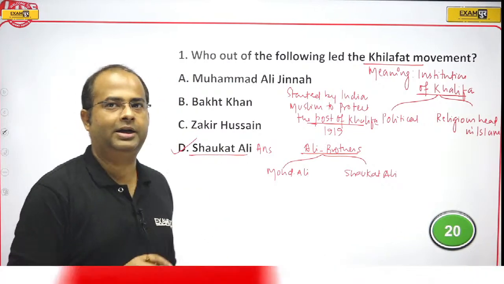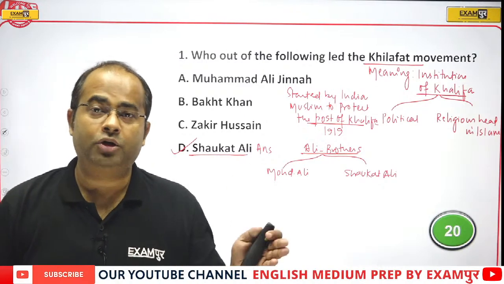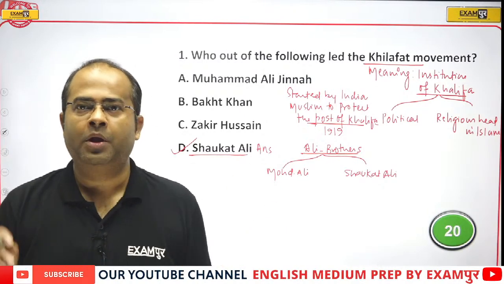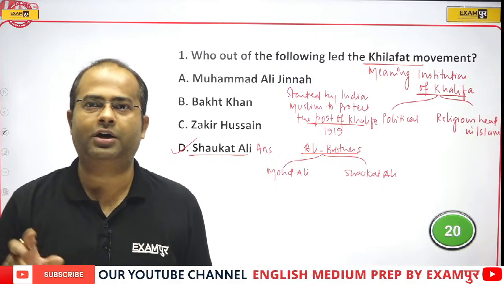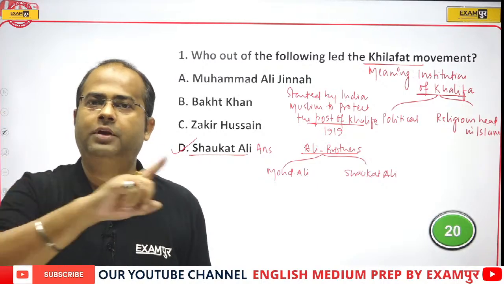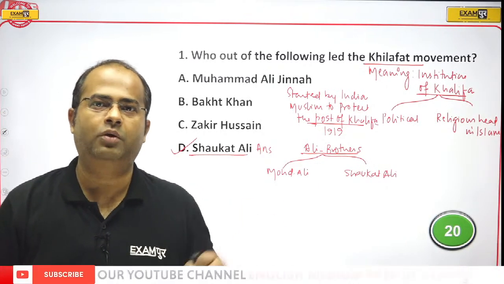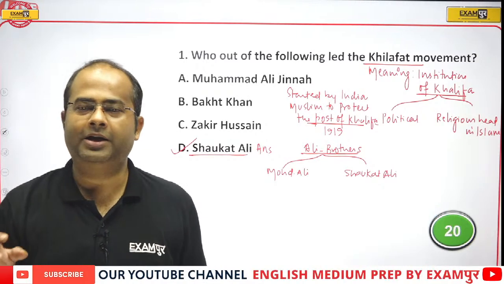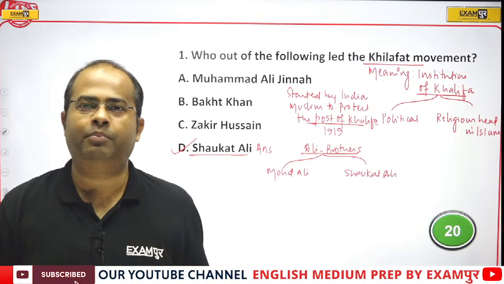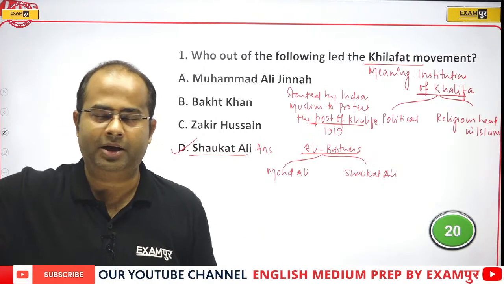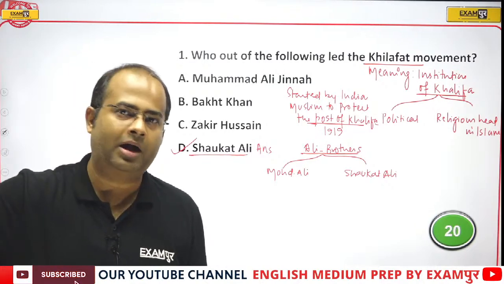It started in 1919, not against discrimination at all. It was to save the post of Khalifa, because in the First World War Turkey was defeated, and the head of Turkey was Khalifa, that was Mamun VI. At that point of time, it was Mamun VI. And the Muslims were in apprehension that the British might end the post of Khalifa or break the important religious places of Muslims like Makkah, Medina.